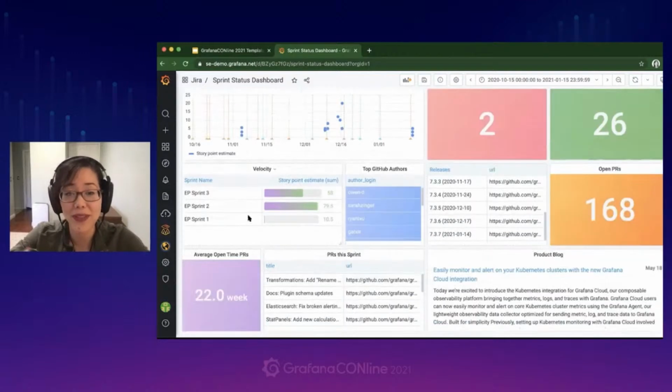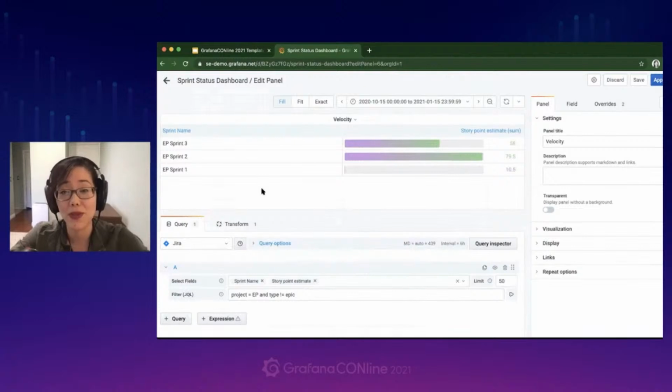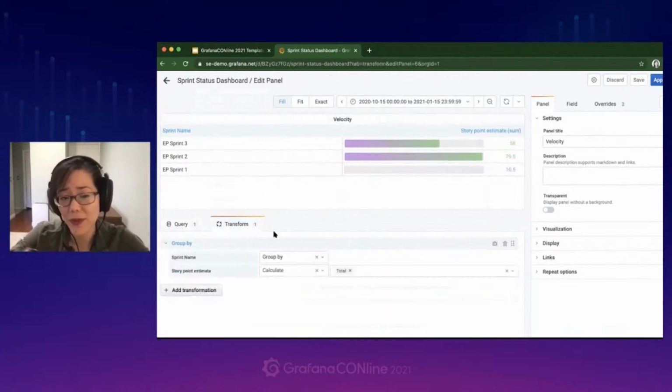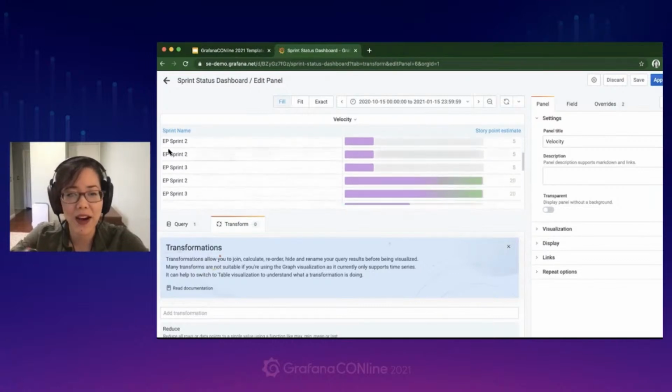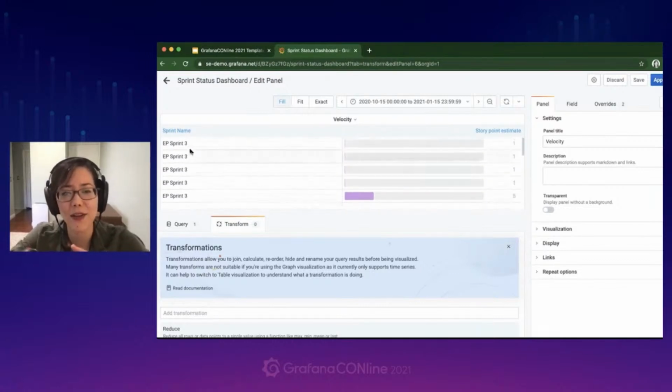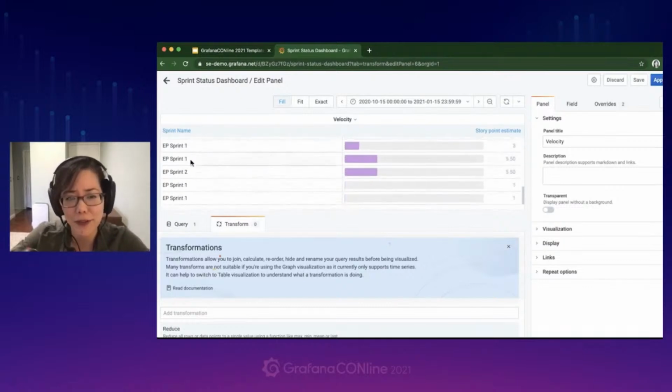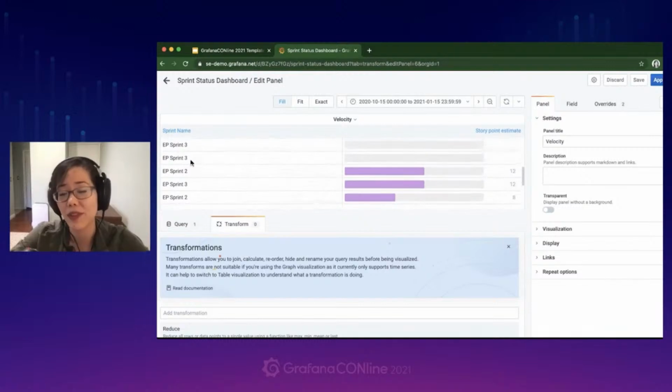So if I go into a panel like this, which is the velocity, which is sharing the velocity of my sprints, so how many story points I'm able to complete within a sprint, before I transform the data and when I query this directly from Jira, this is what the data looks like. So I see all of my story points here, but it's not condensed, it's not reduced by the sprint name. So it's kind of hard for me to understand. It's very redundant, and I'm really looking for that